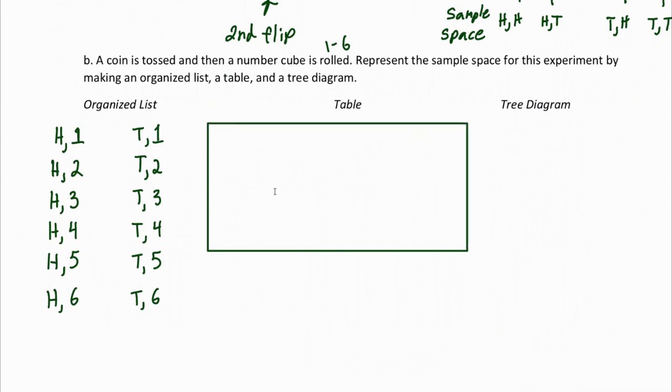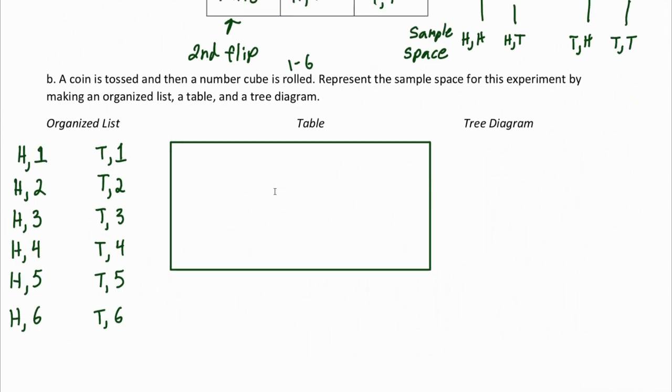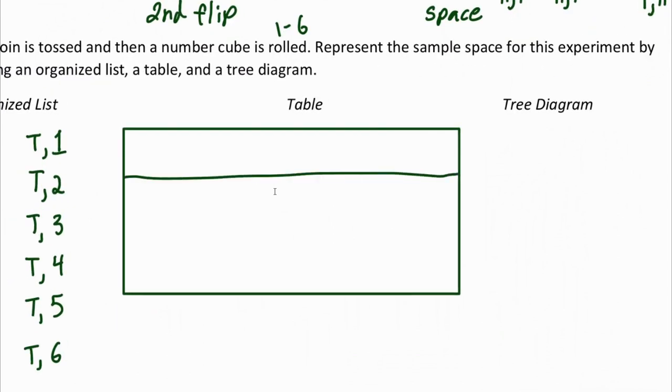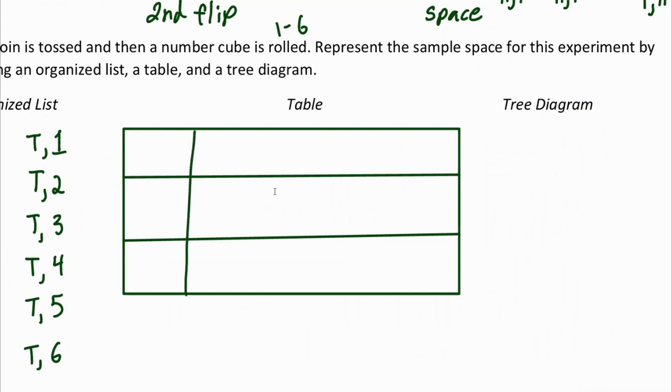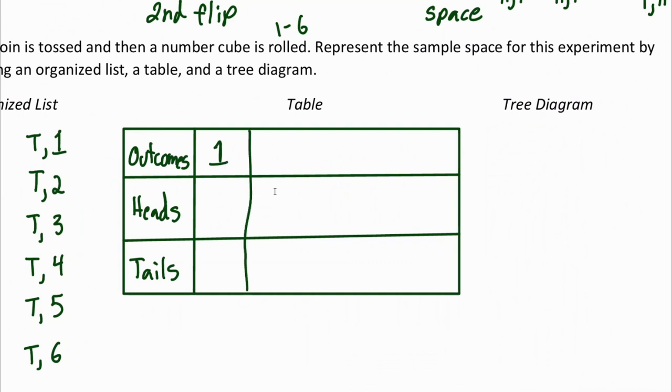So as a table, we'd have to draw our table here, right? I'm going to do the heads and the tails as the rows this time. So again, our 2 options are heads or tails. These are all of our outcomes. And then our options for the dice are 1, 2, 3, 4,